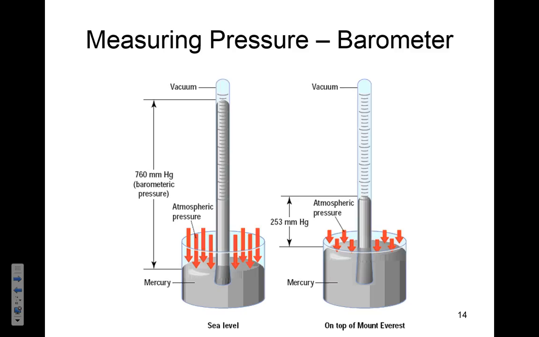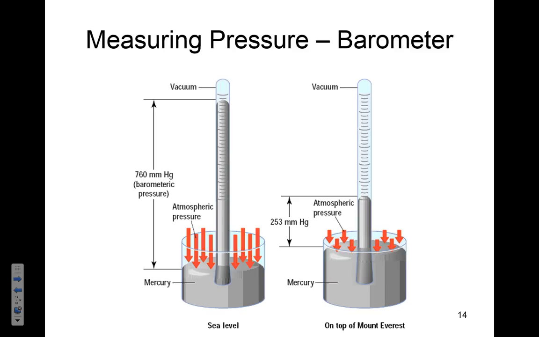So what happens is the only thing that is causing that mercury to come down from the top of the tube would be gravity. So we have a column of mercury suspended over a pool of mercury, and gravity is pulling down on that. Well, how come it goes up if gravity is pulling down? Why doesn't it just pull it all the way down to the bottom? Well, you have to realize around the tube, air pressure is pushing down on the mercury, and it literally pushes mercury up the tube. And it doesn't push it all the way to the top because we have two competing forces here. We have gravity pulling down on the mercury, and we have the atmospheric pressure pushing up.